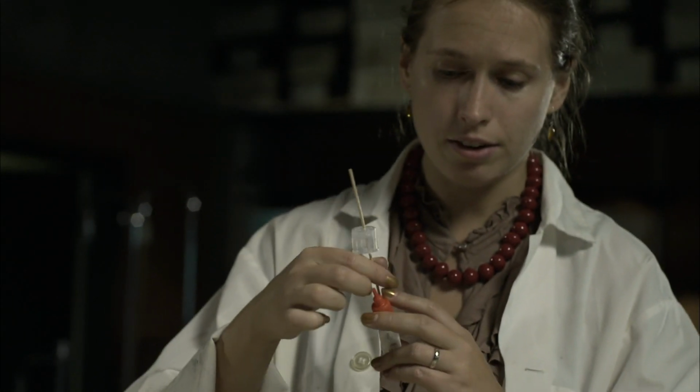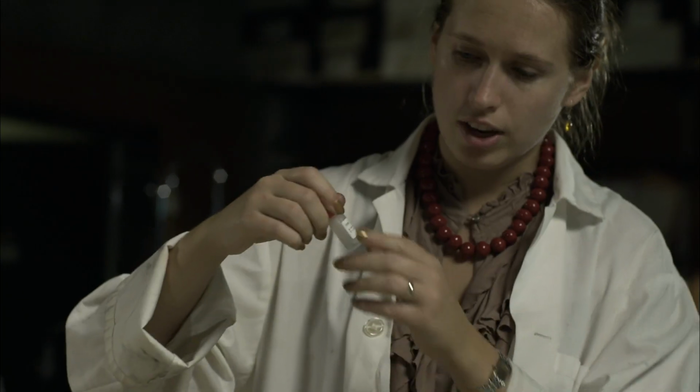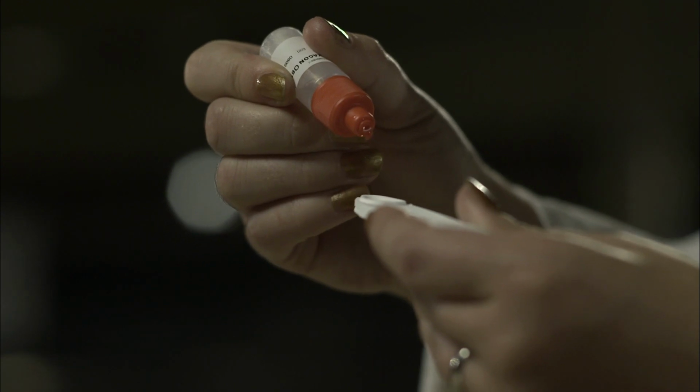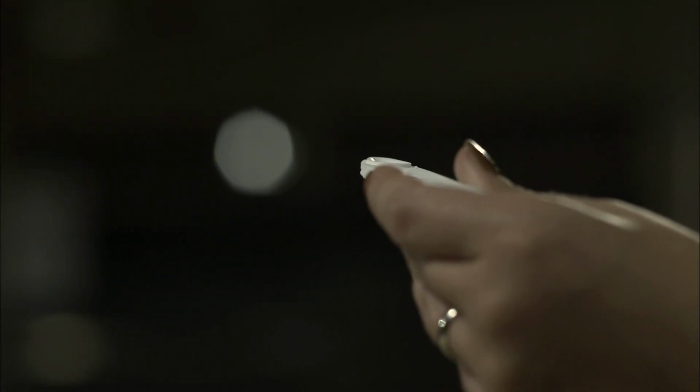I'm gonna put my sample with blood on it in the container. Okay? And once again, snap it off. Close it back up again. Shake it all up. Fingers crossed. One line is the control. And the second line is? Second line to see if it's human